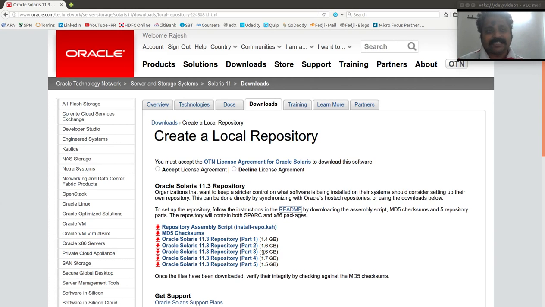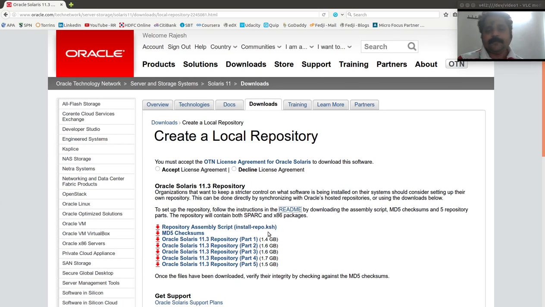You have a script, install-repo.ksh, which is a Korn shell script, as is indicated by the extension there. You could just run this script, and the stitching of these files, copying the content of these files onto a local ZFS file system, all of them is going to be done in a single stroke when you do this.